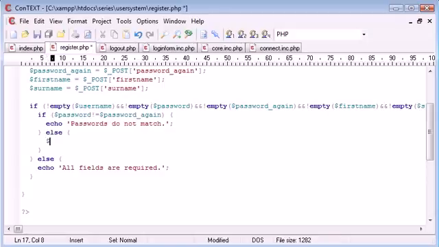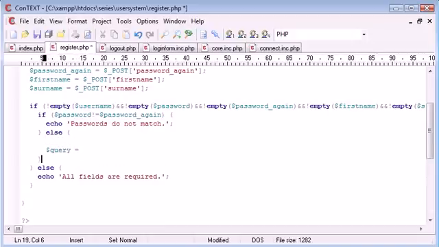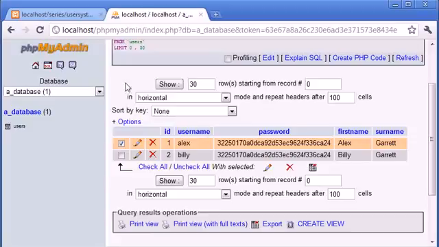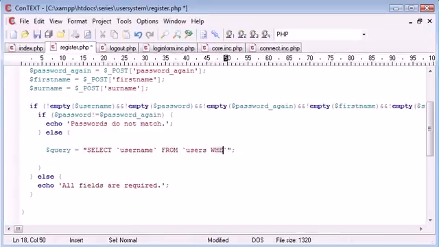Now we need to create a query. Let's just pull this down so we can have a bit of space. The query is going to be select, and we're going to select username from, so let's just pop this in apostrophes, select username from users. So remember, we're selecting, let's just go back to here, we select username from users where, remember the apostrophe there, so where username